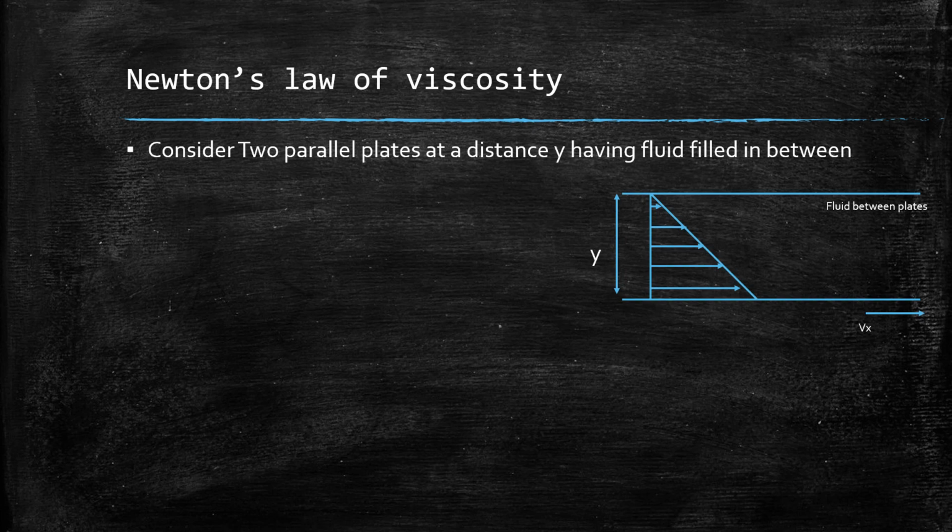Now we have to understand that all the material that is on the lower plate, that is having a velocity of vx, the exact molecules that are on the inner surface of the plate will move with the same velocity. And as you gradually go up towards the plate which is stationary, you are going to see the velocity will go on decreasing. The arrows that you are seeing over here represent the velocity at which that particular layer is traveling.